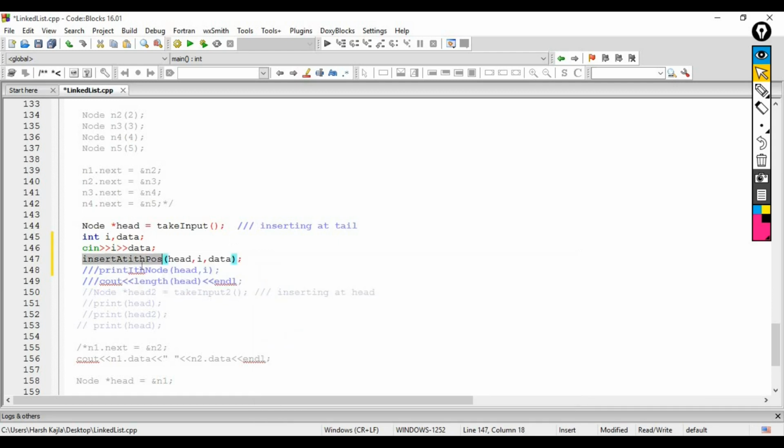Now I am inserting at ith index, and now I will call this function print to check whether our code is working fine or not. So let's test our program.